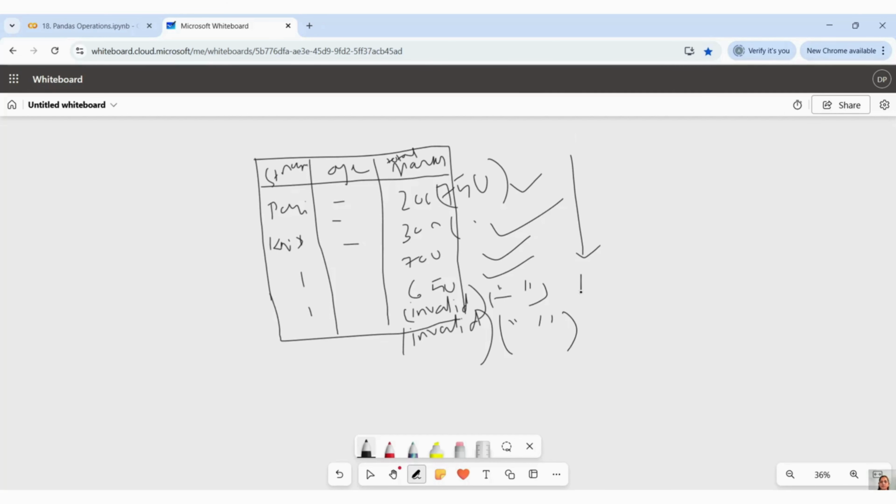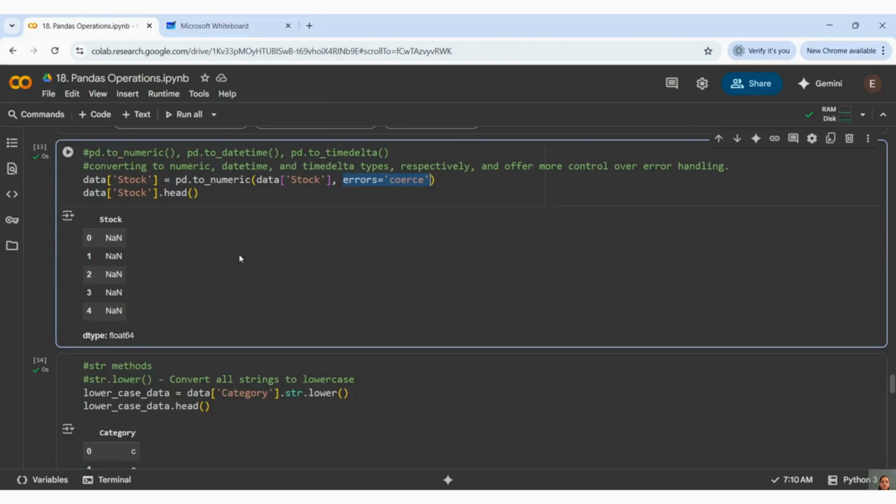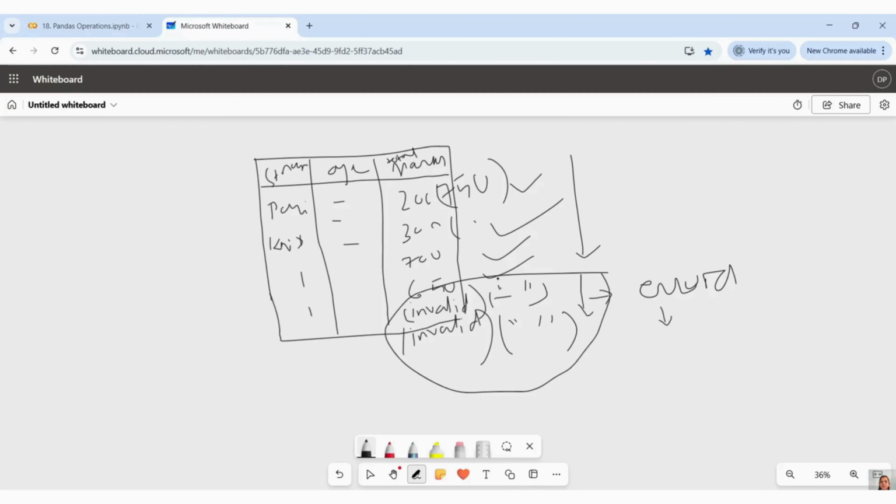When it comes down to this, there is a chance, in fact it will give errors. It will give errors and stop execution. So to avoid this, we have this error handling capability by using to_numeric and errors equal to coerce. If we pass this, it will give NaN wherever it finds invalid input.